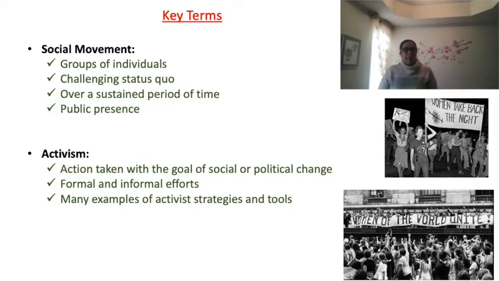So for example, there have been formal tools and strategies of activists that have been used, like political lobbying. There have been efforts or activism around campaigning for people to vote a certain way. We just saw this with the American election last week, right? So activism, educating voters, running for office can be activism, sending petitions or letters to elected officials. These are all forms of a more formal activism with political goals.